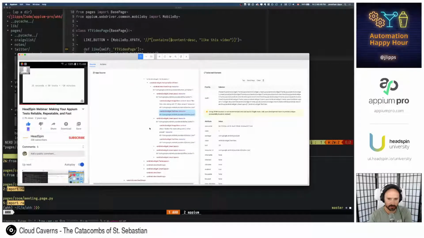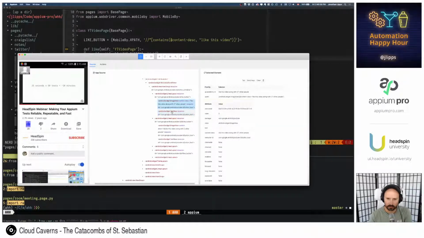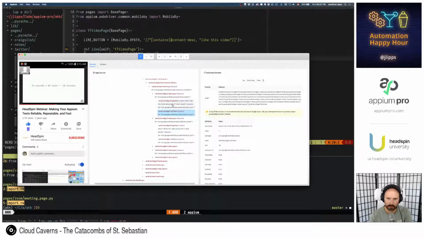Let's see where... So we've got something called button text, which is a sibling of like this video. And so this is going to be more reliable, but this button text resource ID is not unique.